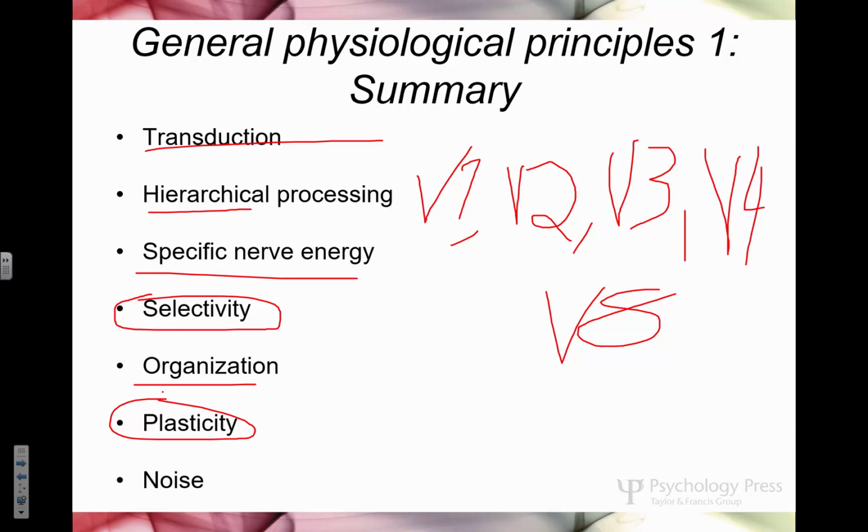So how does LASIK eye surgery work? That's a whole different thing. We're dealing with the lens and some issues, and we can kind of warp that around. That's a slightly different process. We'll talk about that when we get to the eye, and we talk about the structure of the eye. It's going to be pretty exciting.